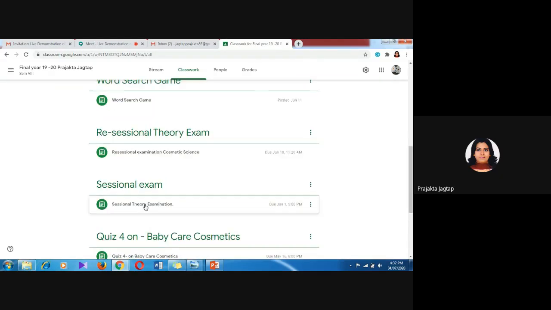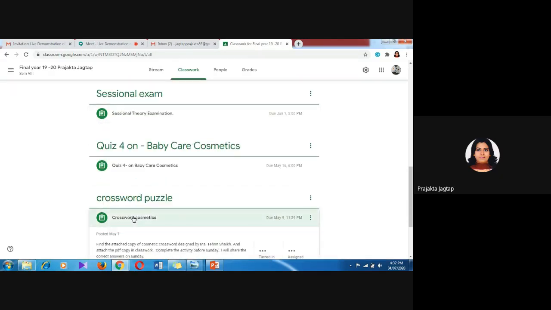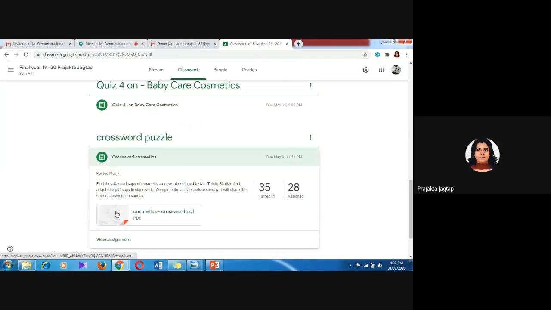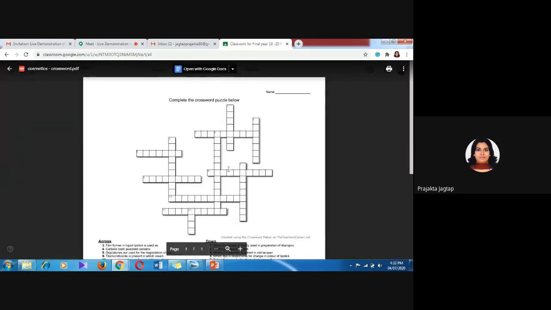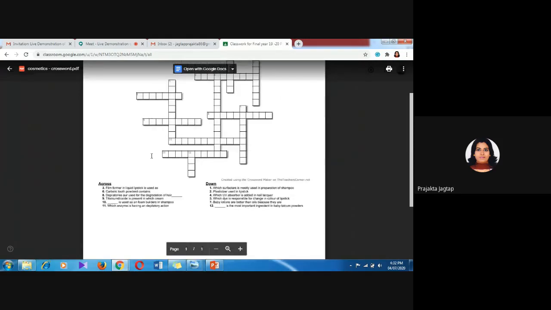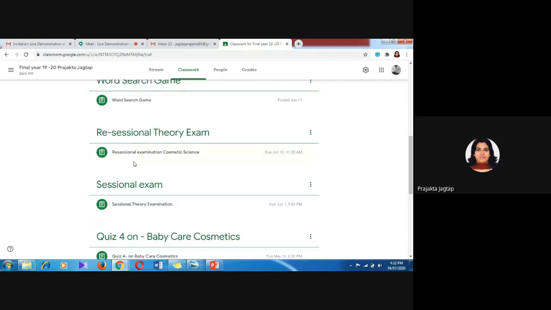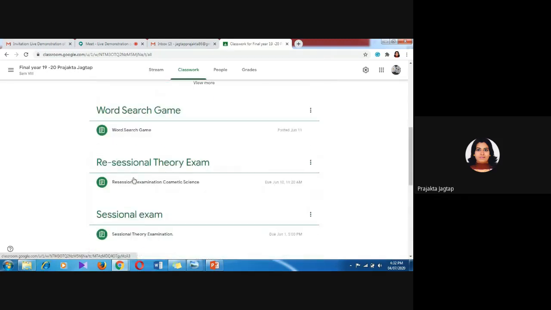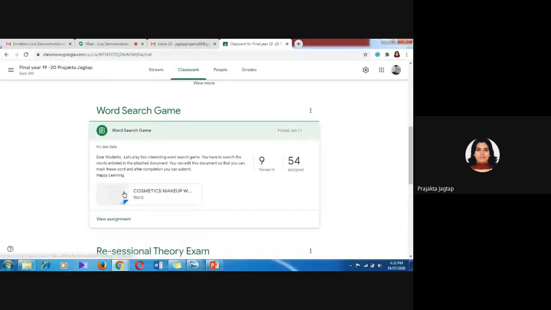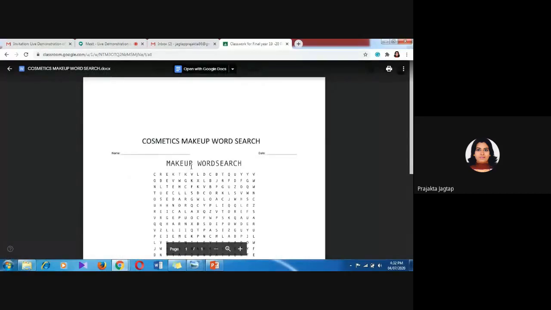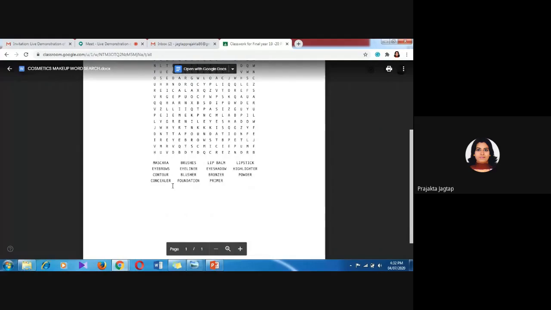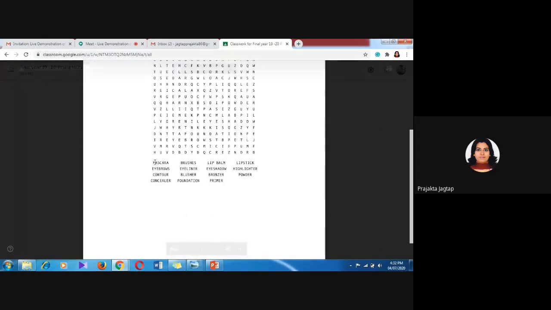So here I would like to show you the crossword puzzle and the word search game. This is the crossword puzzle sheet that I have made, and the word search game. I have created this word search game on makeup articles and hidden words are displayed here. You can also hide these hidden words if you want.